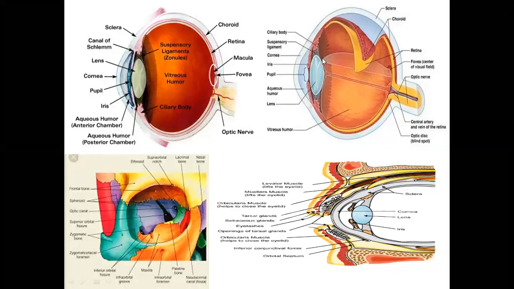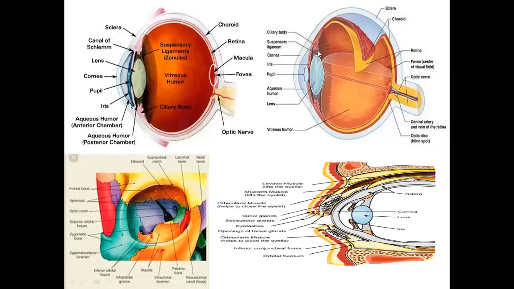So this is a condition called a cataract, in which we actually learn about the lens and about the diseases of the lens. This is a very common condition, cataract, glaucoma, and we'll discuss all the very important conditions today.